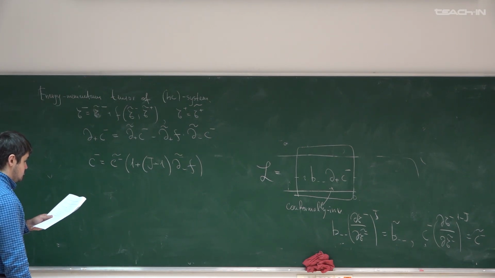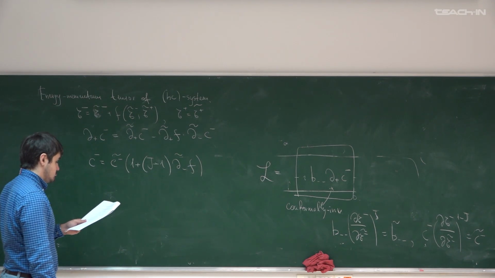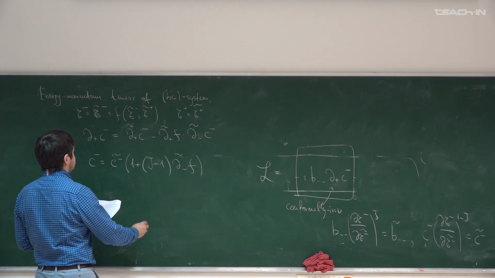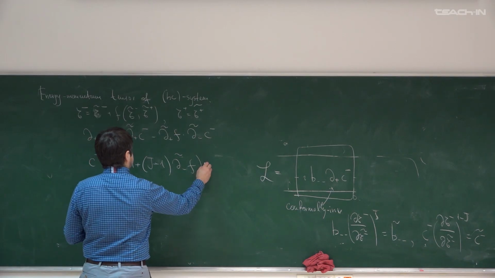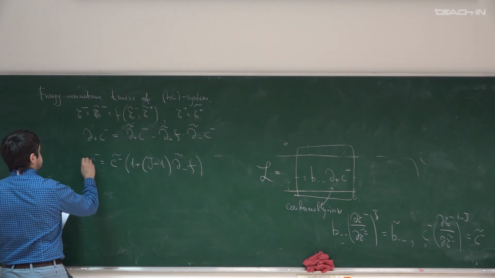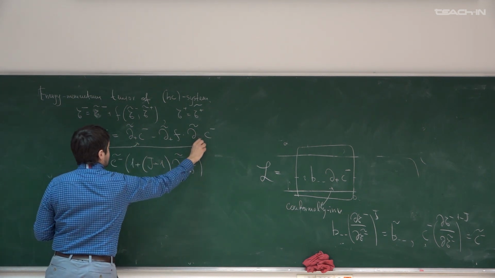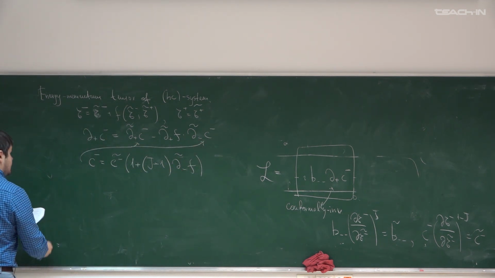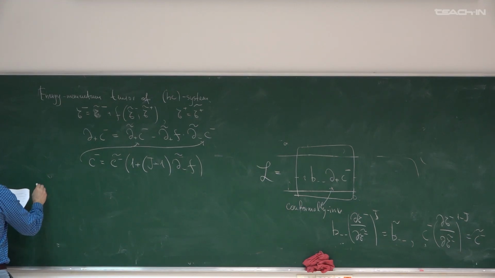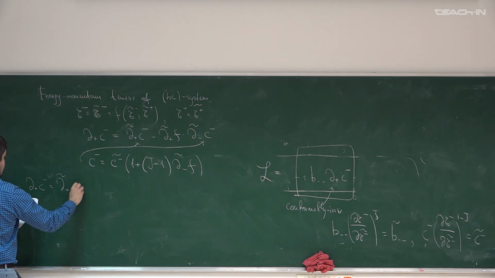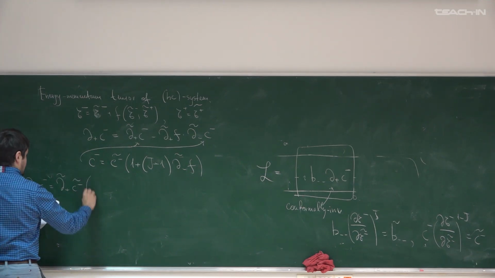So substituting this here, we find that d plus c minus is d plus tilde c minus tilde times 1 plus